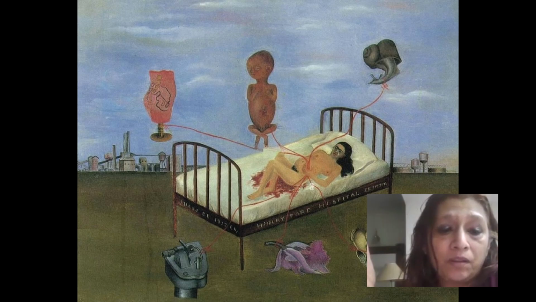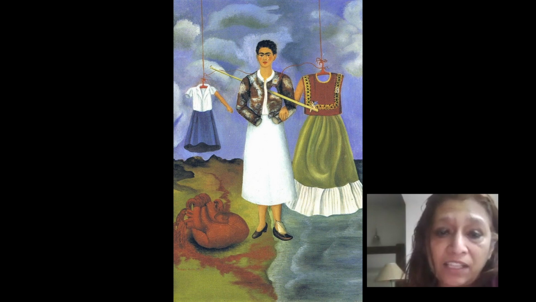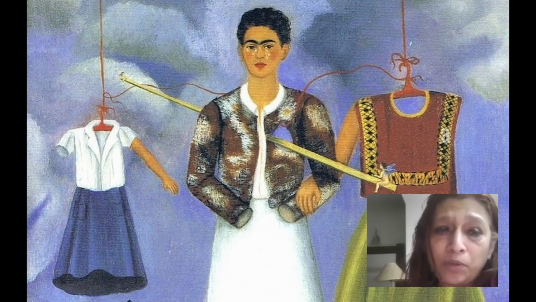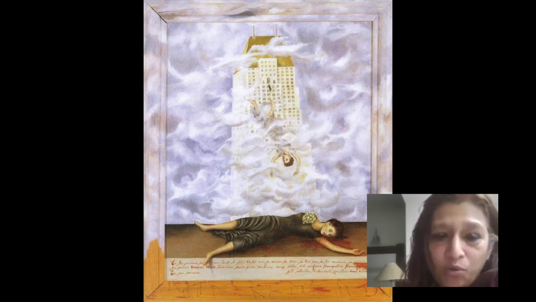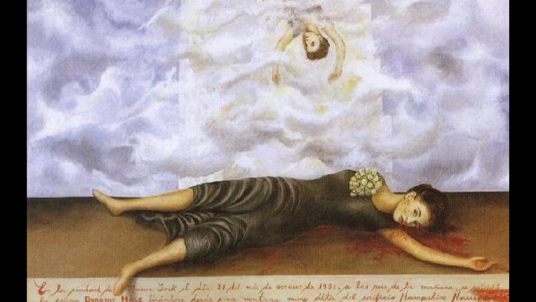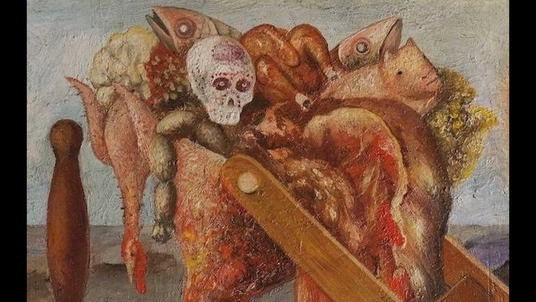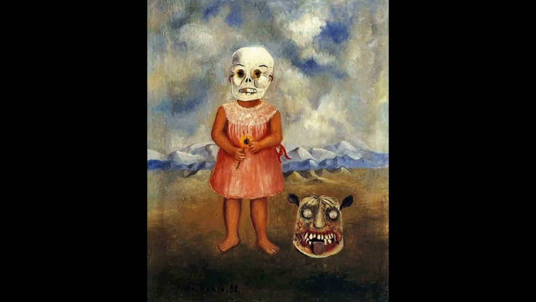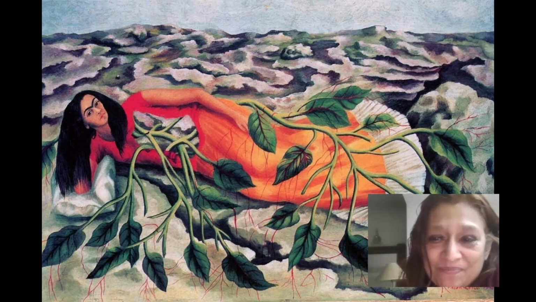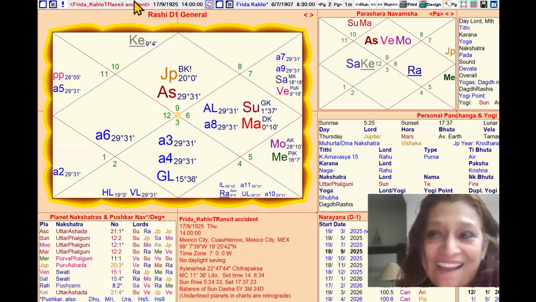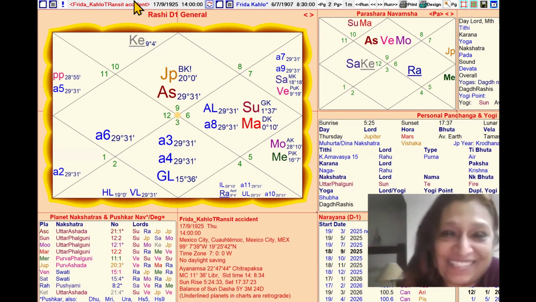And Saturn, now let's go back. Actually, let's not, because her paintings are so beautiful. There was an exhibition of hers which I would have loved to go to, but maybe someday when I come to Mexico City. They made her house into a museum. Yes, beautiful. I want to visit that. That's on my list.